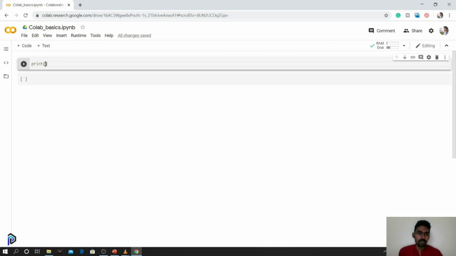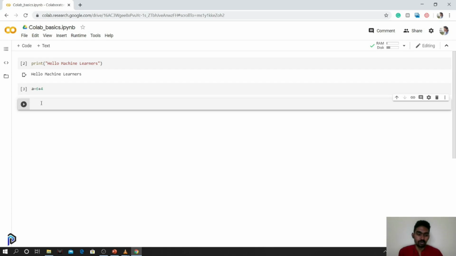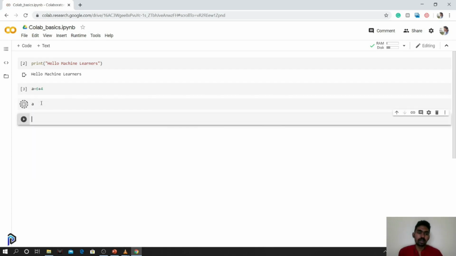So we'll just print a value: Hello machine learners. You can use shift enter to run a particular cell. What shift enter does is it creates a new cell, the next new cell. Okay, I can create a variable. I can run a cell like this by just doing it. So the cell is running. But it does not create a new code cell, so I have to again create a cell like this. Okay, it's actually executed before. So you can just run it and the value gets printed.